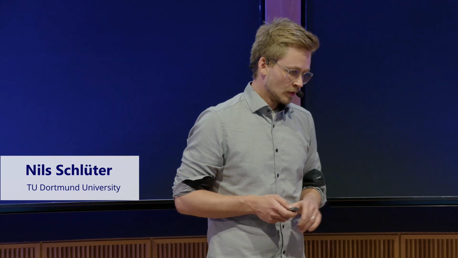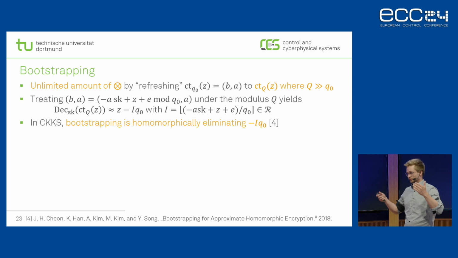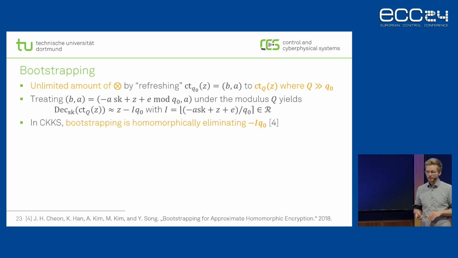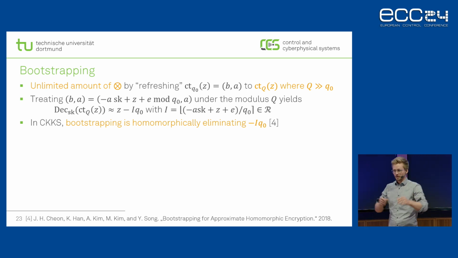Then there's one advanced feature which is called bootstrapping. Bootstrapping, as Moritz told us, is this special operation that basically gives us an unlimited amount of operations. We have this leveled CKKS scheme. When we reach the base modulus, we have to decrypt. That is what we saw on the previous slides. But bootstrapping is really the operation that gives us an unlimited amount of operations. Basically, this works by